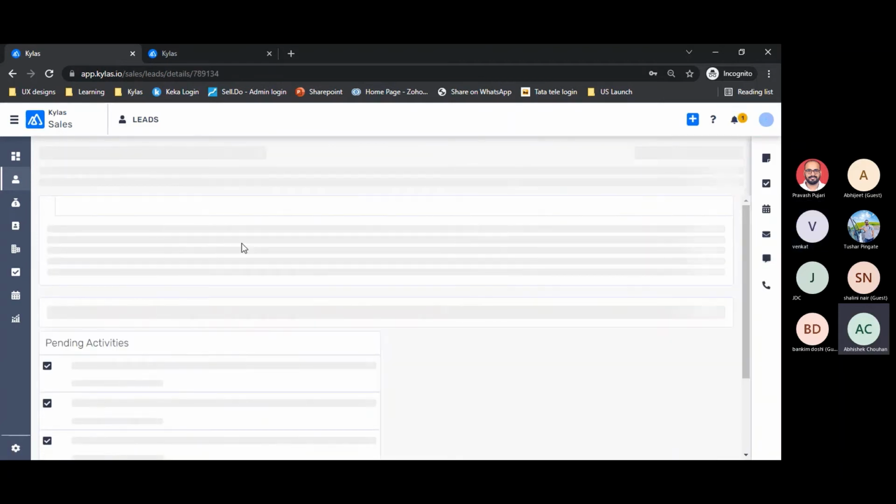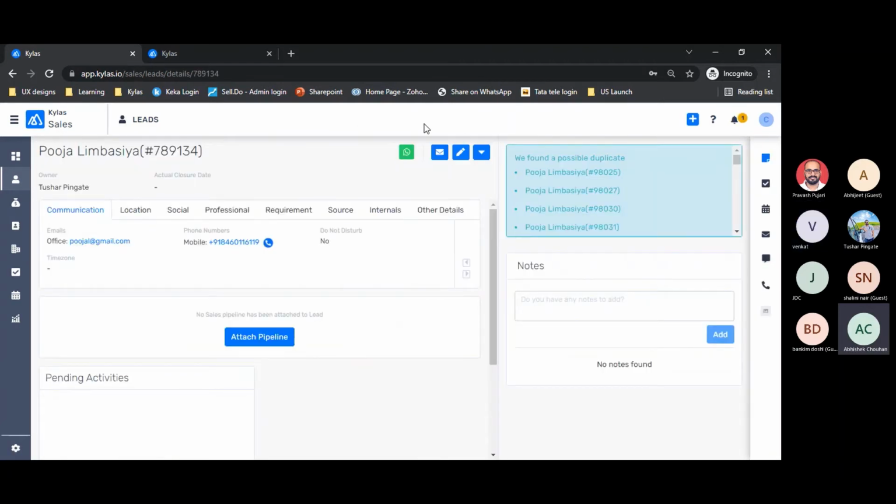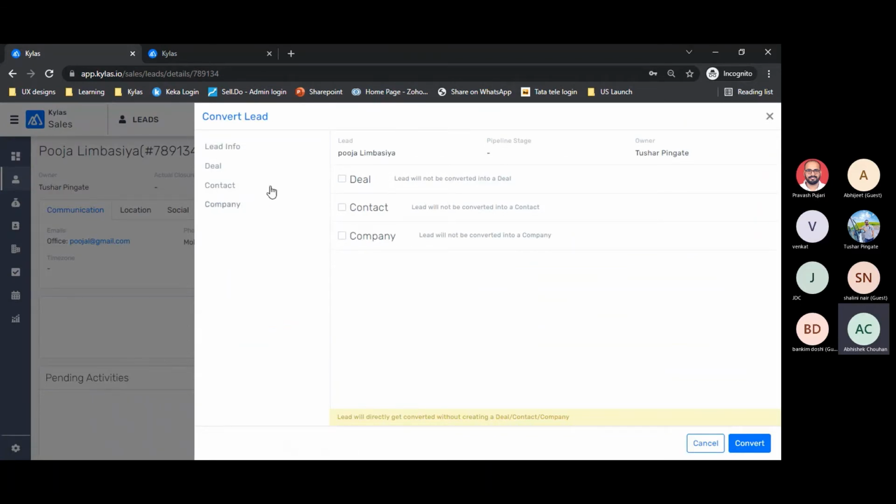That's a very good question, and thanks for raising this at this point of time. So what happens is, whenever a lead is interested in our product, there is a provision for converting a lead. When you are on the lead details screen, you can see there is a button called convert. Okay. When I click on this convert button, I get to see three options: deal, contact, and company.